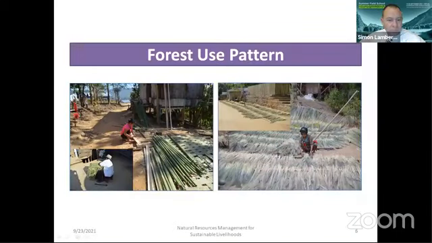This forest use pattern is also there at the village level, but very small. Very few people are involved in this, making bamboo products for agriculture goods or some other household things. But we can enhance this because lots of potentiality is there. Keeping environmental sustainability in view, we can enhance this. We can develop small scale industry. I will come to this later on, but the use pattern is very low.